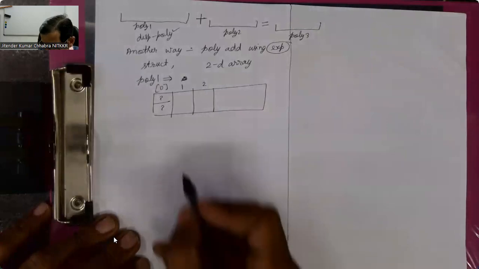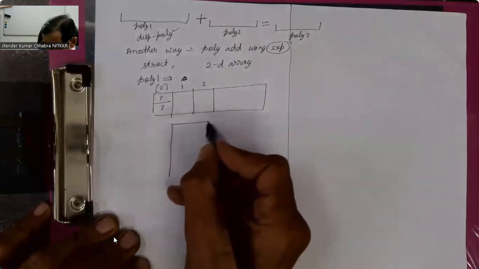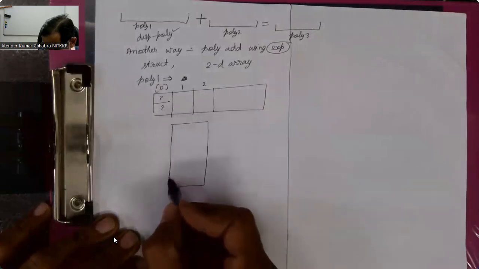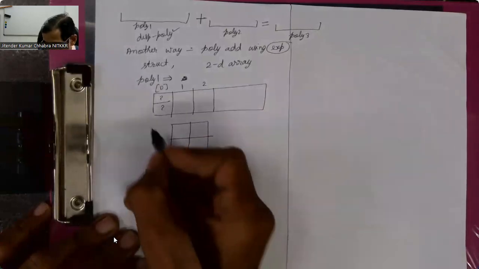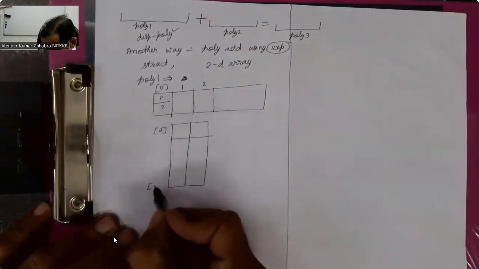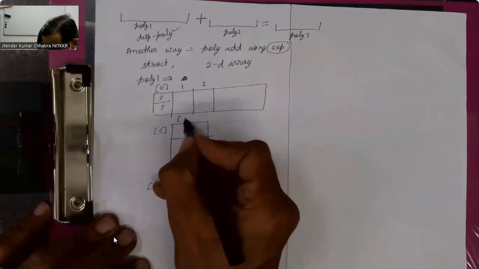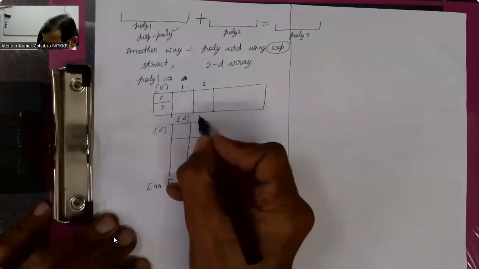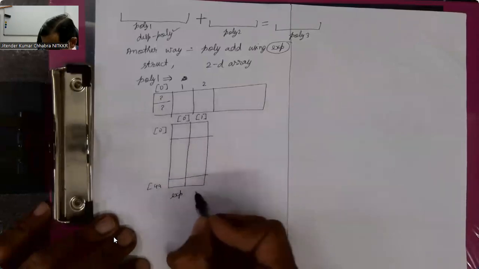To be more precise, let me draw it vertically so that you get a better understanding. I say, let it be represented as this. This is index 0 and this will be index 49. But here in column 0, I will be actually storing the exponents, and in column 1, I will be